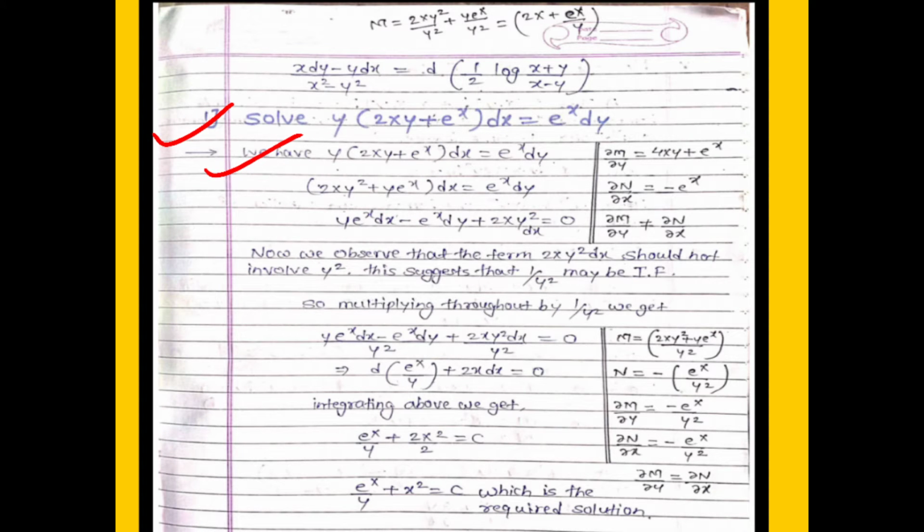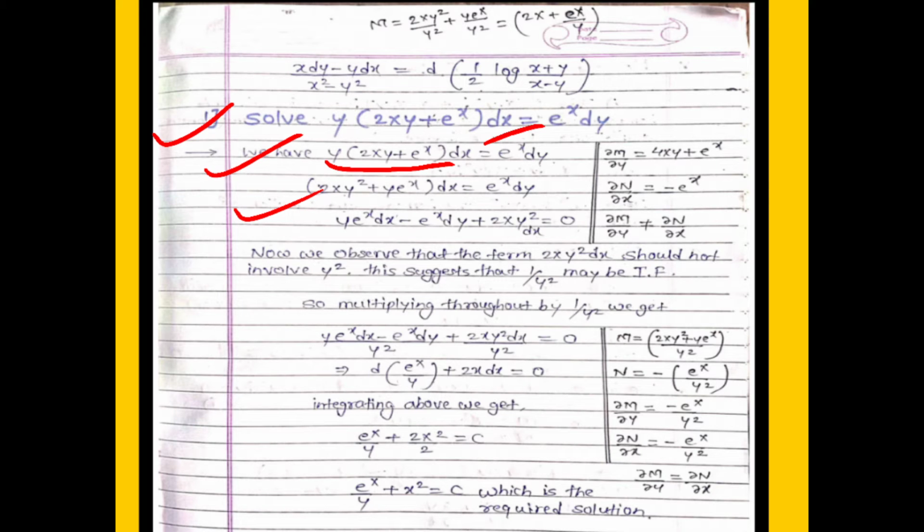So for converting, we have to transfer this e raised to x dy, which is on the RHS, to the LHS. This will become minus. In standard books these conversions are not given, the steps are given directly. I will show these steps for better understanding and conceptual knowledge. If your concepts are clear, then you can easily solve the problems. So we know that the term which is nearer to dx is M, and the term which is nearer to dy is the N term.